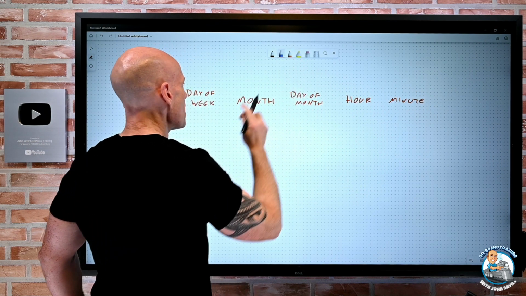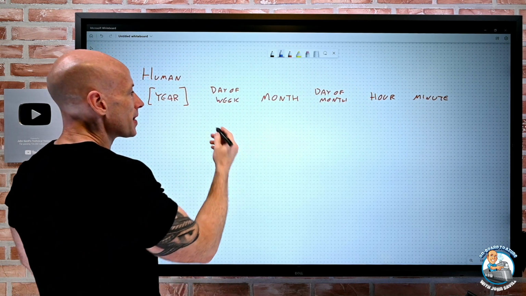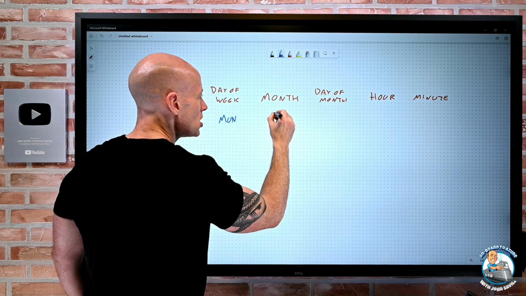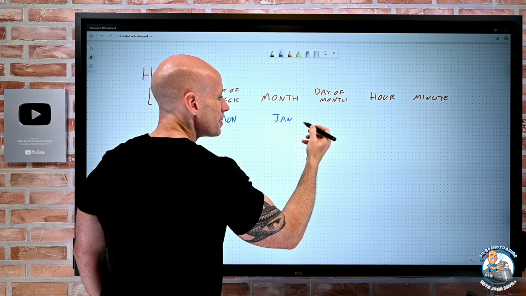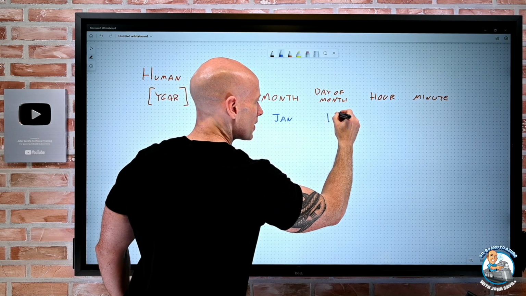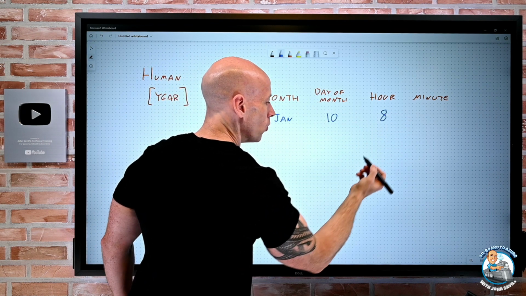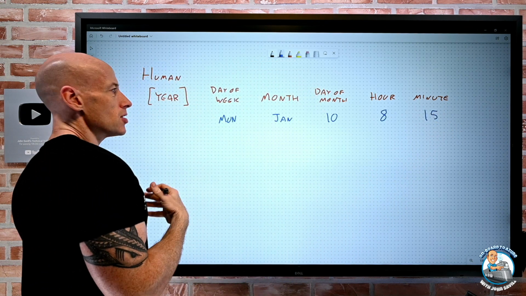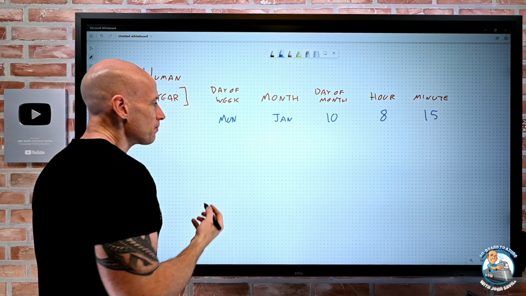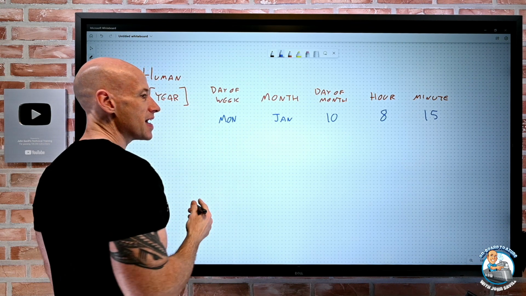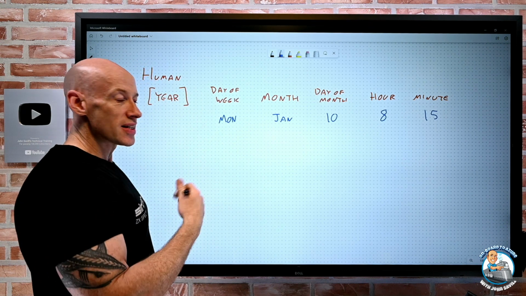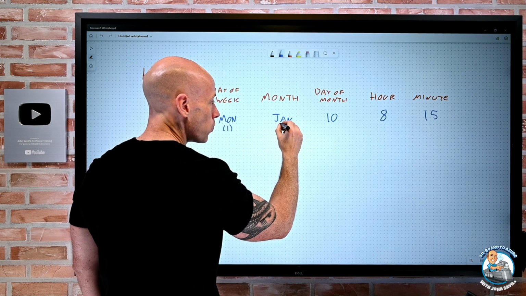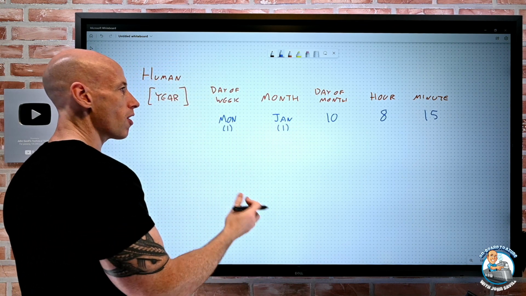So I could see that might look like, hey, day of the week, or maybe that's Monday. It's January. Day of the month, maybe it's the 10th. And it's 8 a.m. in the morning, and it's 15:15, so 15. So that to me as a human, I can understand that. And I might even say, well, instead of Monday, maybe day 0 is Sunday. So I could say, hey, look, Monday's actually 1. January 1 to 12, well, that's 1 as well. So there's different ways I could write that.